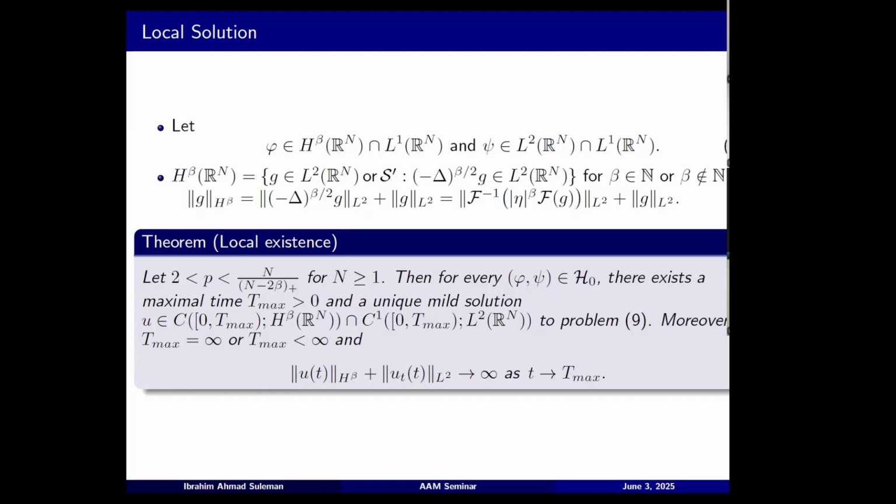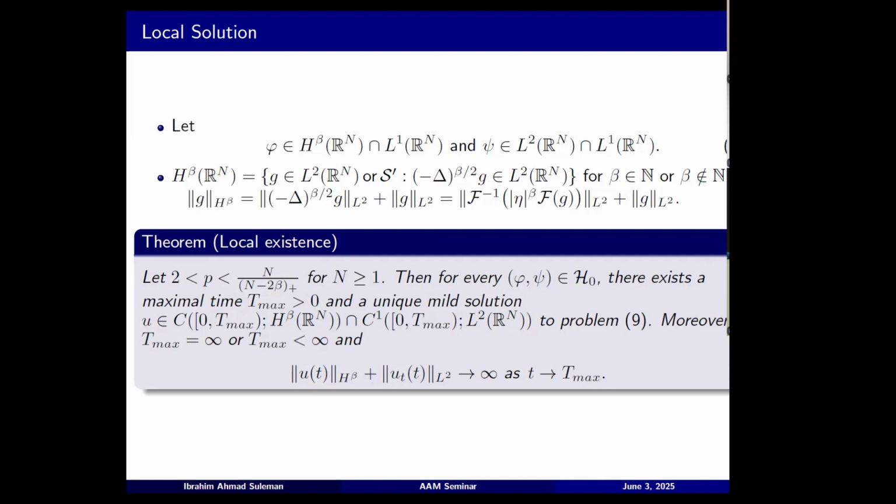And we define the norm using the Fourier transform. This is one of the ideas here we use with Plancherel. So we use the Fourier transform definition for the norm. With the local existence theorem, we see the first effect of our adding our logarithmic term to the nonlinear term in insisting that p is greater than 2. And with this insistence, and that n divided by n minus 2 beta is greater than 2, we are restricted actually to dimensions 1, 2, and 3.